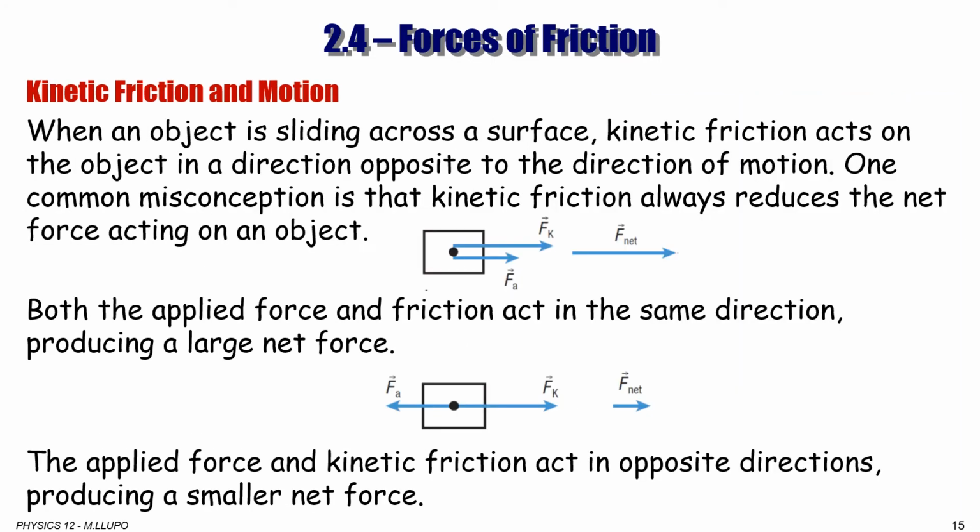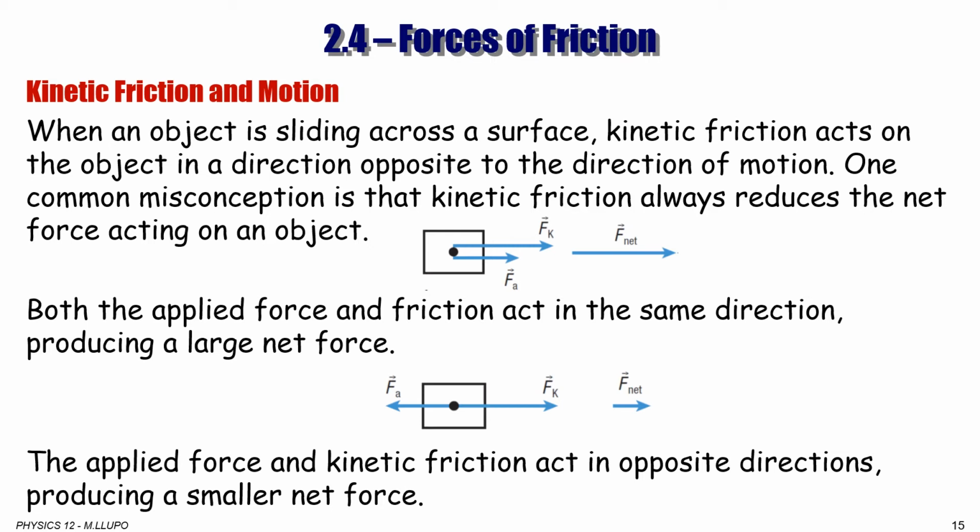When an object is sliding across a surface, kinetic friction acts on that object in a direction opposite to the direction of the motion. Remember, kinetic friction is always against the motion. One common misconception is that kinetic friction always reduces the net force acting on an object. That is not true. Sometimes you may see that both applied force and force of friction can act in the same direction,